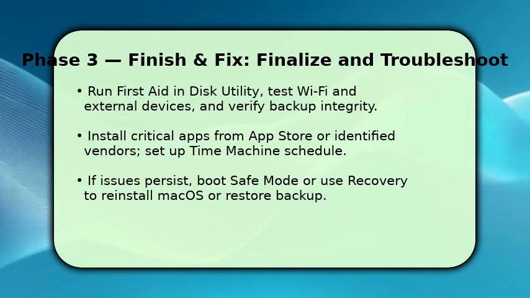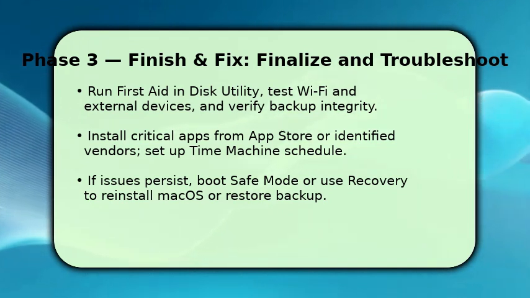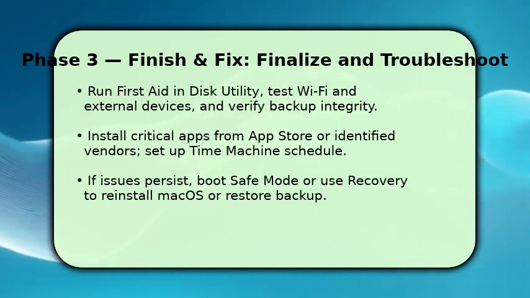You finish by validating stability. Run First Aid in Disk Utility and check that Wi-Fi, Bluetooth, and external drives mount correctly. Install essential apps from the App Store or trusted vendors, and configure Time Machine to run hourly or as needed